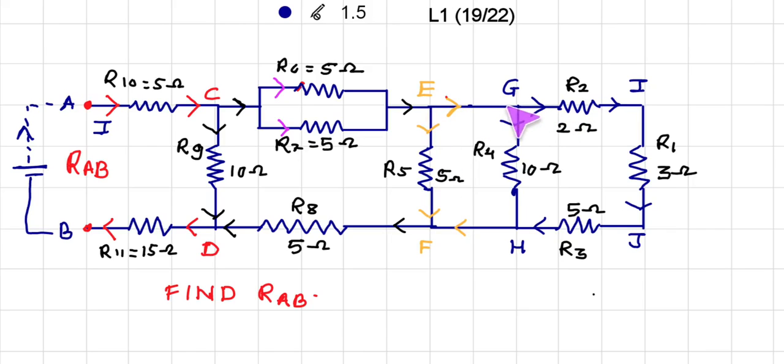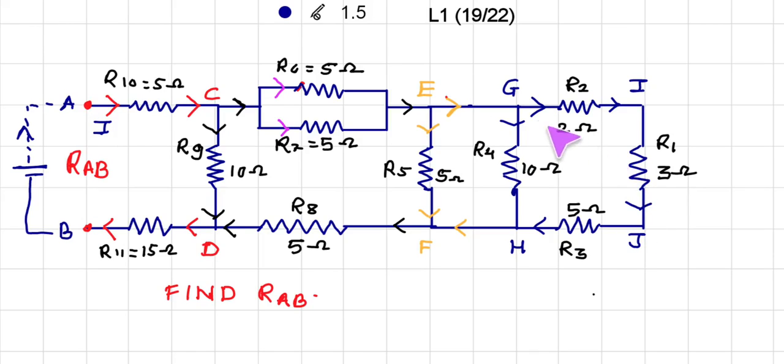Again the same current is reaching junction G. When this current reaches here, again it is divided into these two parts. Now how to calculate the resistance in the circuit? So see, we have to calculate resistance between these two terminals. So we start from the extreme end.